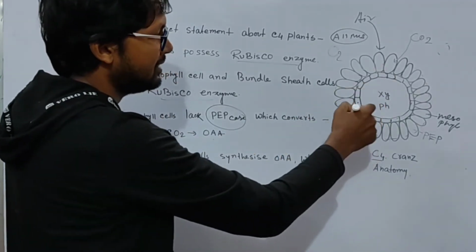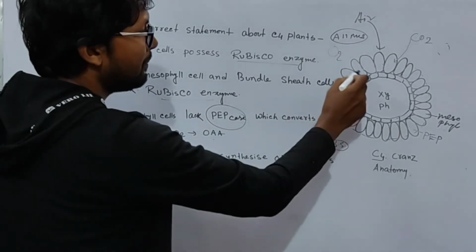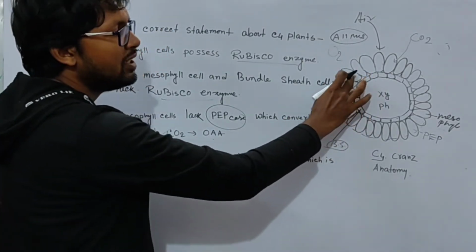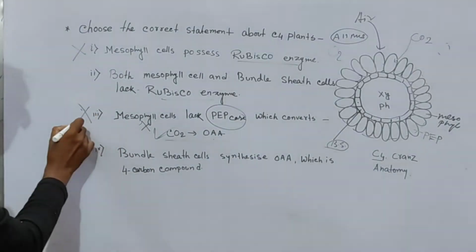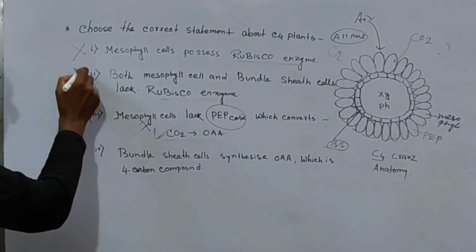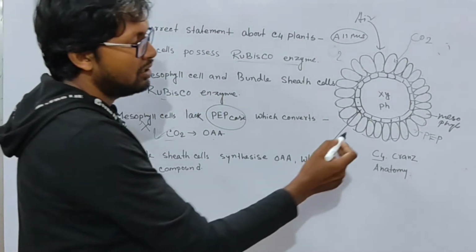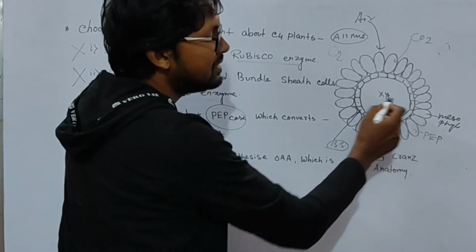Only part of a reaction, that is this reaction, is done by mesophyll cells with PEPcase. PEPcase enzymes are present only here, so this statement is not right. Both mesophyll cells and bundle sheath cells lack rubisco enzyme? No, this is also a wrong statement, because rubisco enzyme is present in bundle sheath cells,